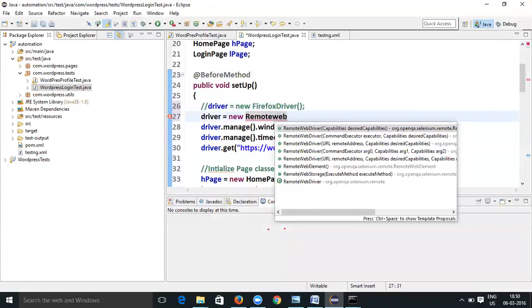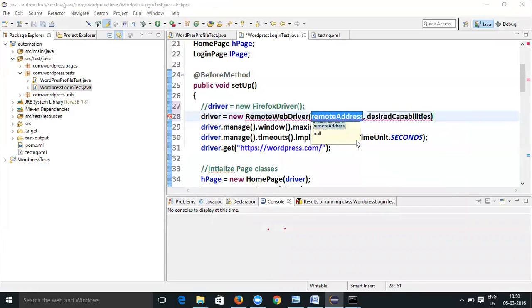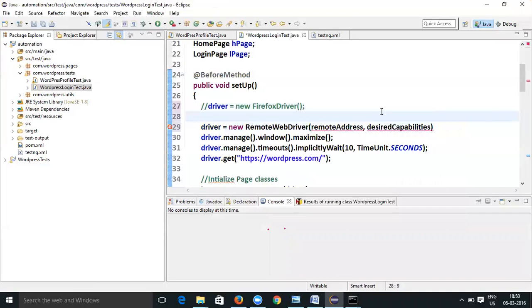We have to select this constructor, URL remote address and desired capabilities. Let's create a desired capabilities object.